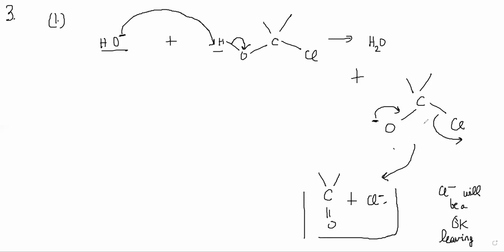Obviously this step will be an equilibrium. It depends on the relative stability of this cation versus this situation. It is not like 100% going to happen; it will be a ratio. Both of these species will be in the solution. Now what matters is which one is more stable. So I will just see what the answer is given. One second. They are saying a carbon double bond O will form and Cl minus will come out. Okay, that's fine.